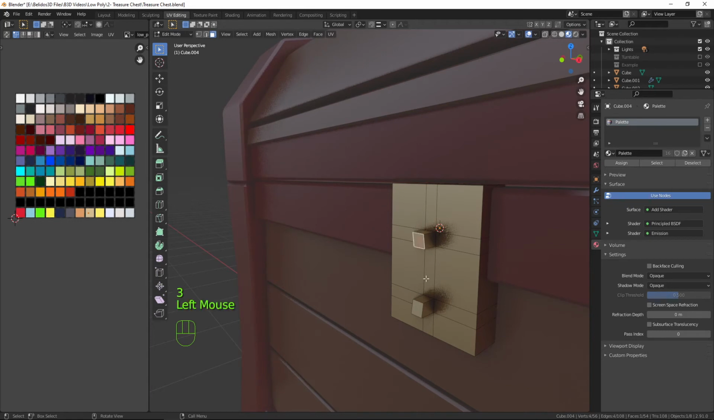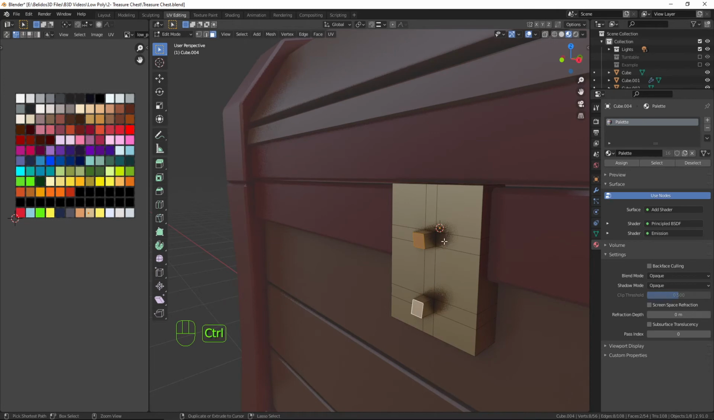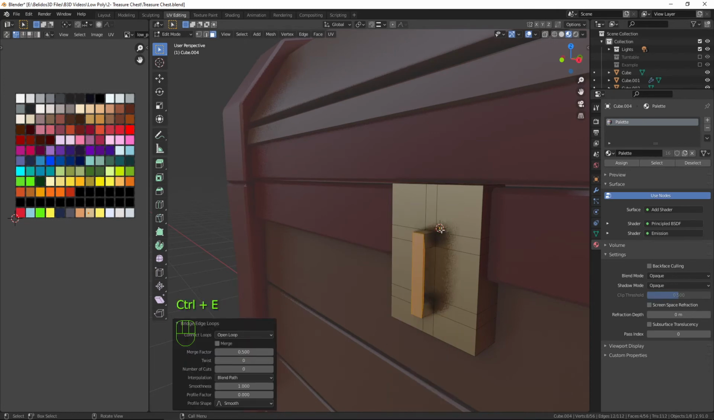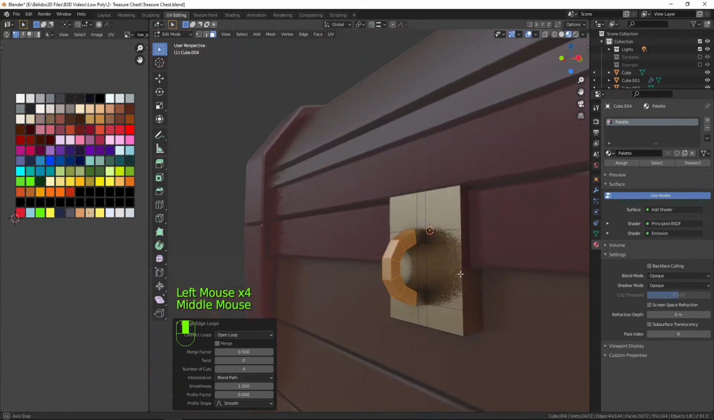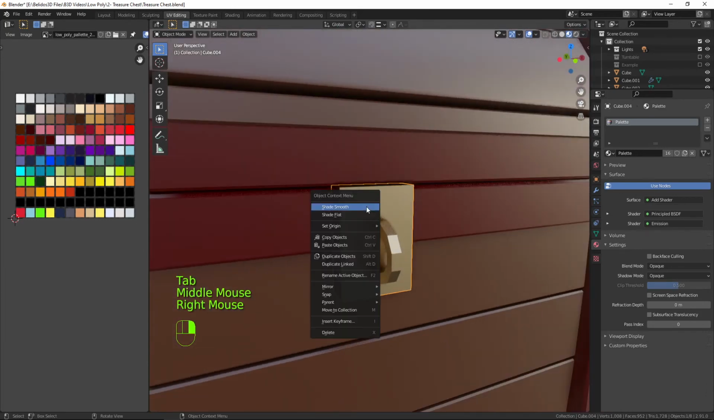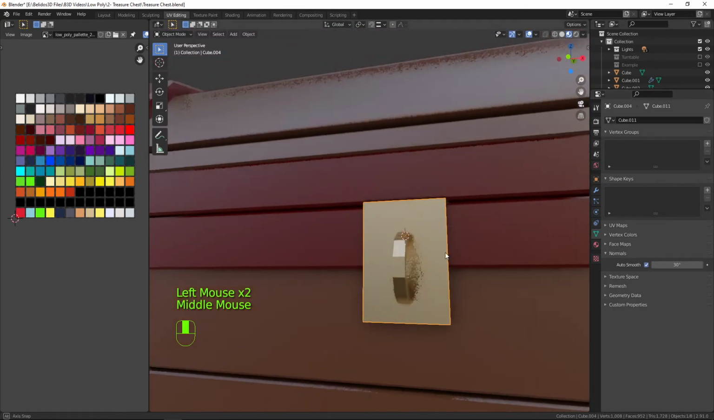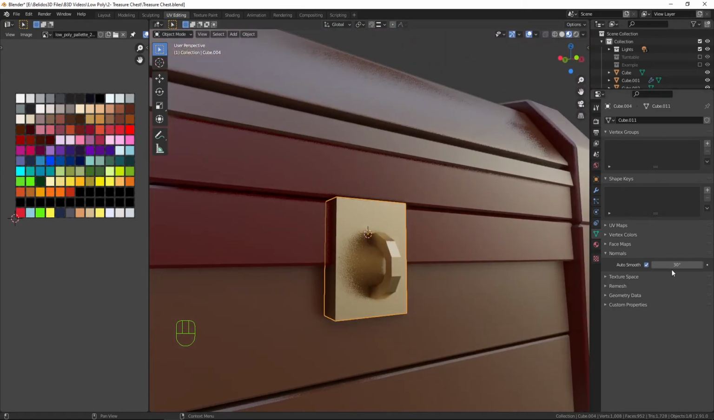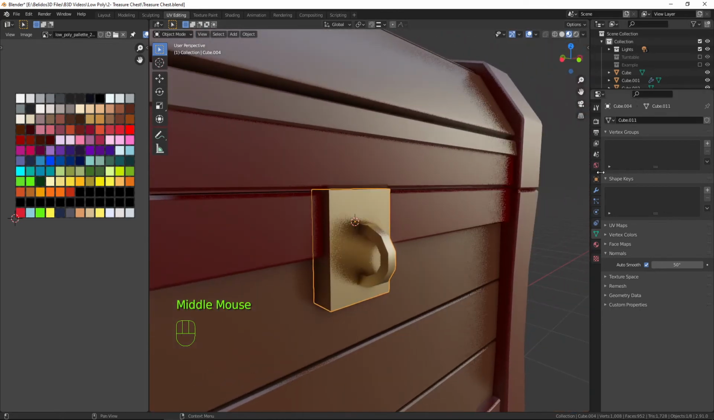And then back into face mode, select those 2 again, Control E, bridge edge loops, and then add number of cuts. 1, 2, 3, 4 should be enough on that. And then we have our little padlock loop. So again, we're going to add the shade smooth, go into the object data, turn on auto smooth, and maybe bring that up to 50. There we go. Give it a nice smooth side there,